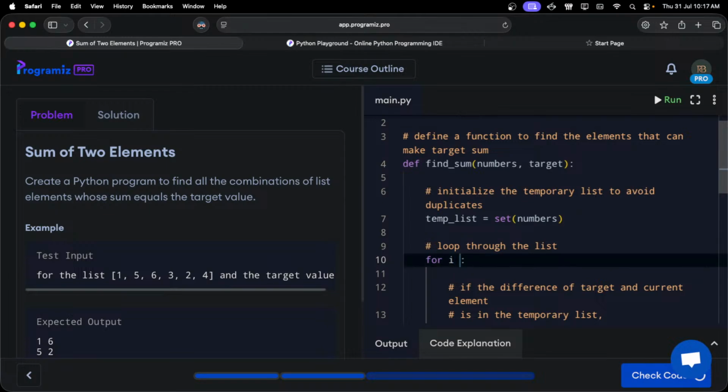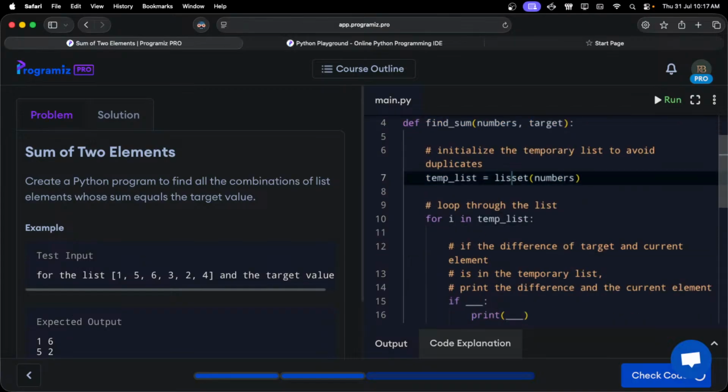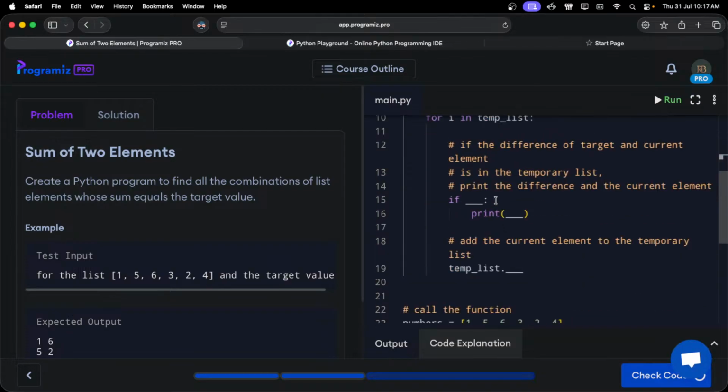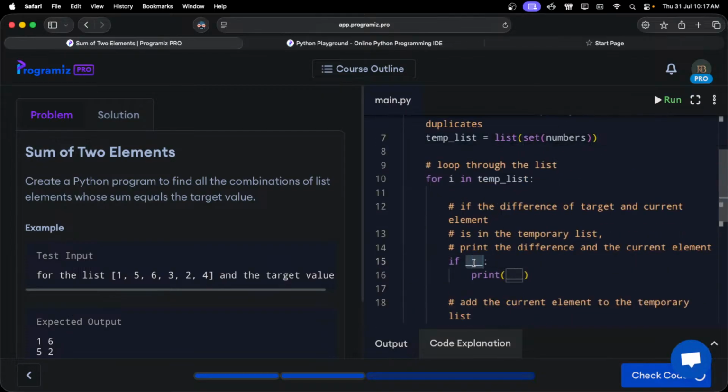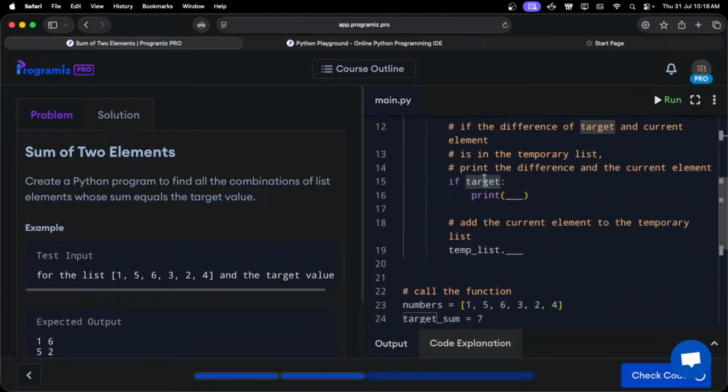And i in temp list, right, just making it into a set, and then let's just make it back into a list as well. Then if, let's see, target. What is that? Target, right? So if target,